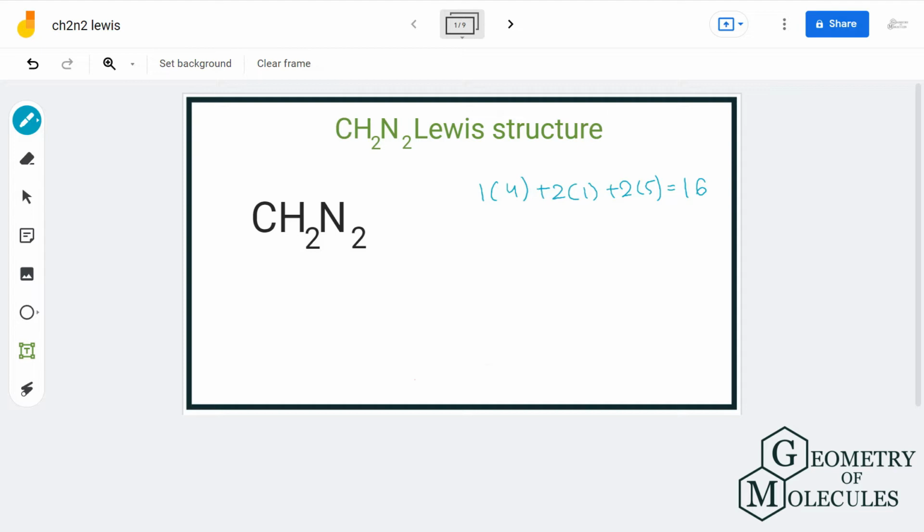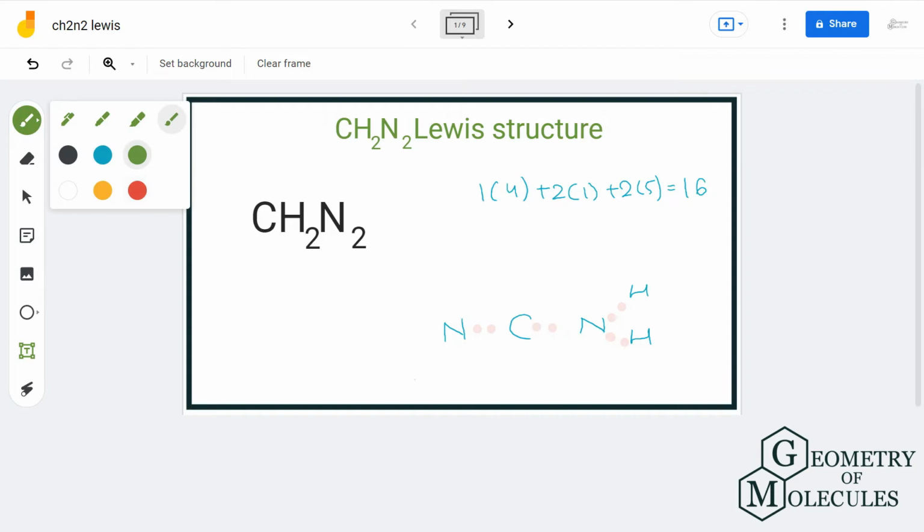For the first one, we will arrange carbon in the center and the 2 nitrogen atoms adjacent to it somewhat like this, and arrange 2 hydrogen atoms on any of the nitrogen. Let us put 2 electrons between each atom for the bond formation. This way we have used up 8 electrons and left with 8 more. This nitrogen needs 6 more, the carbon needs 4 more and this nitrogen needs 2 more.